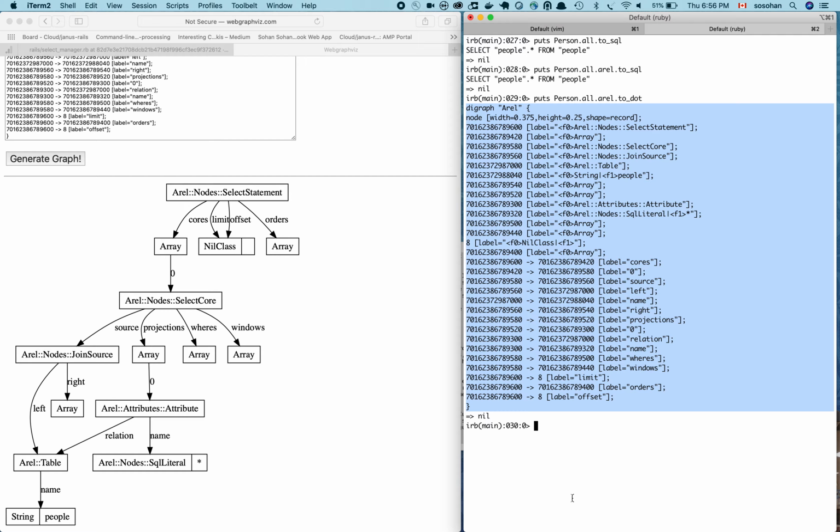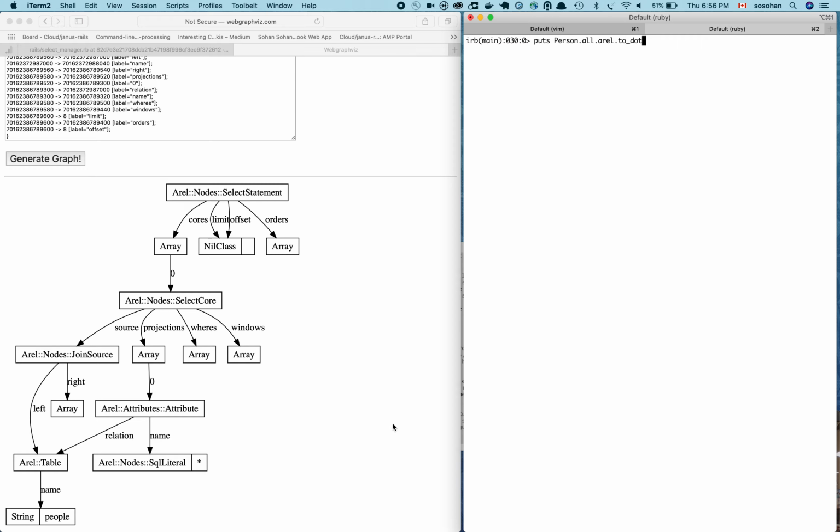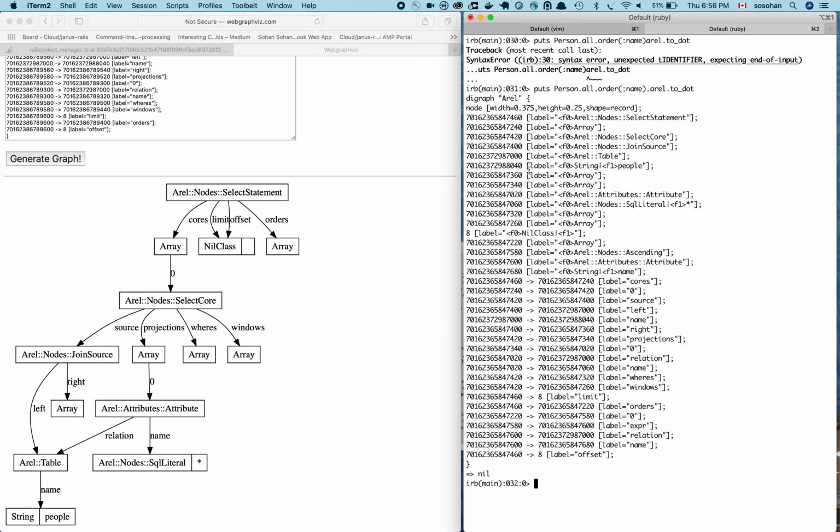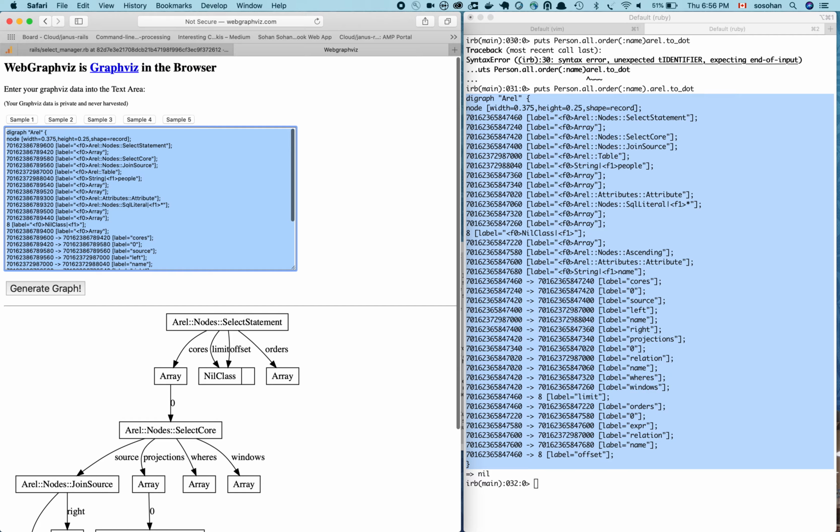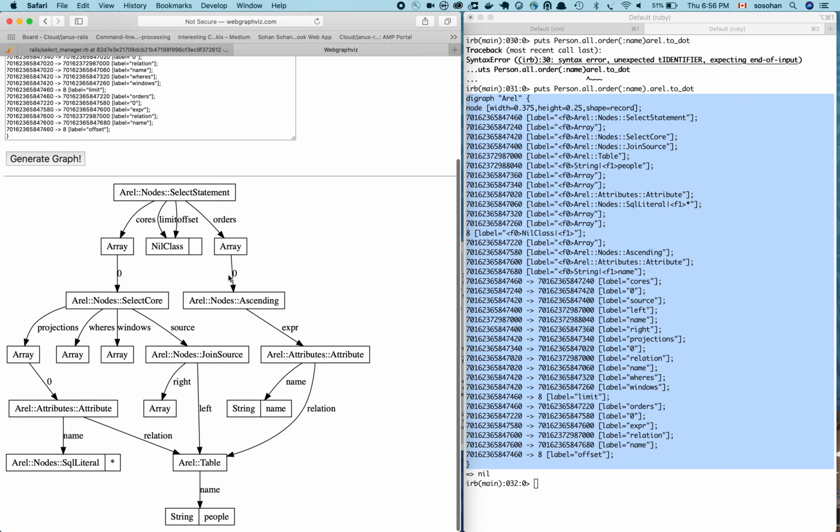Now, let's look at one thing at a time. Let's see what changes if we add an order. We are going to say order by name. Let's draw the diagram. What you will see is that the rest of the tree hasn't changed much, except that the order is now more specific. It's saying this is ascending order using an expression, and the attribute's name is name, and of course